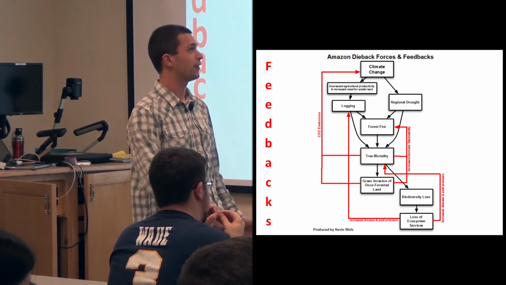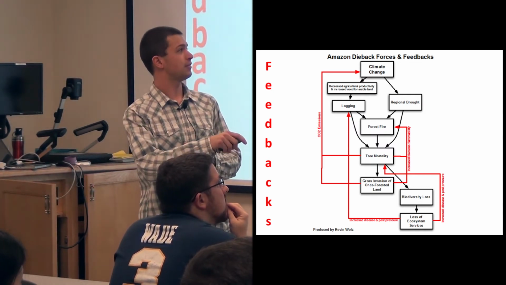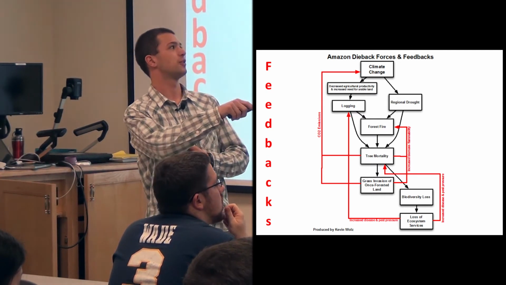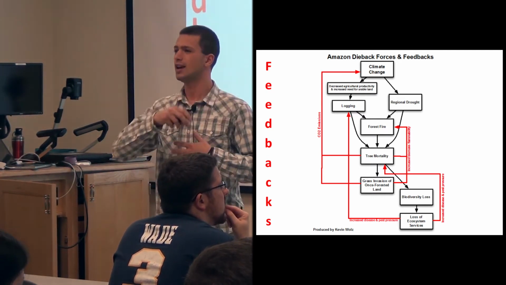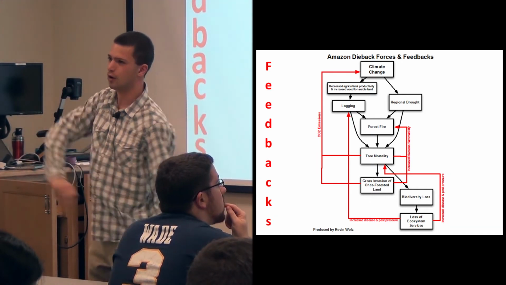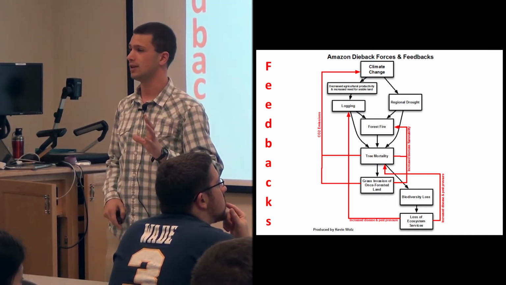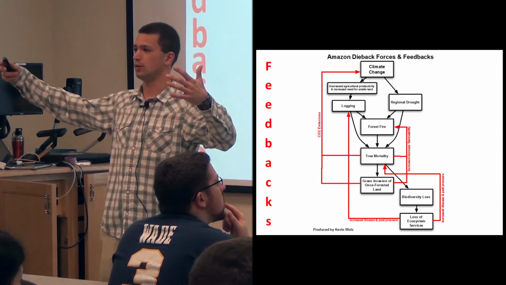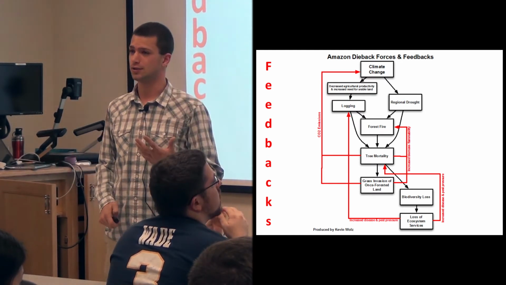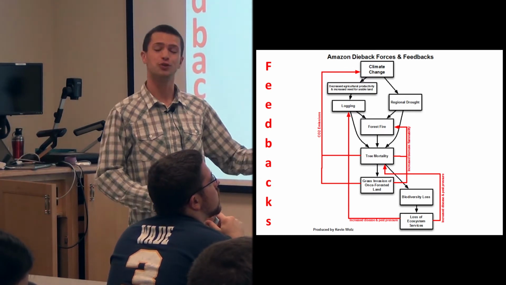And then we have these really complicated feedbacks on the large scale. You don't necessarily need to go through all this, but people talk about the Amazon dieback. As climate change happens, different things happen and cause, let's say, forest fires, which then causes more climate change. So you can get into these positive feedback loops that can take a stable system and send it off on a crazy trajectory. There are lots of these feedbacks in the global climate system and in ecosystems. A lot of them are positive, which is interesting because positive feedbacks are not stable. And if they start taking off too much, that could be a problem.